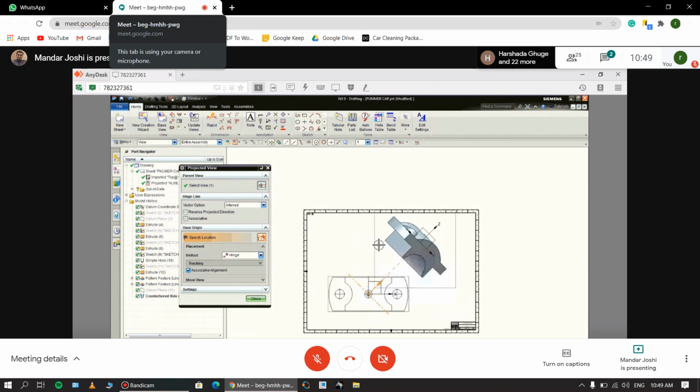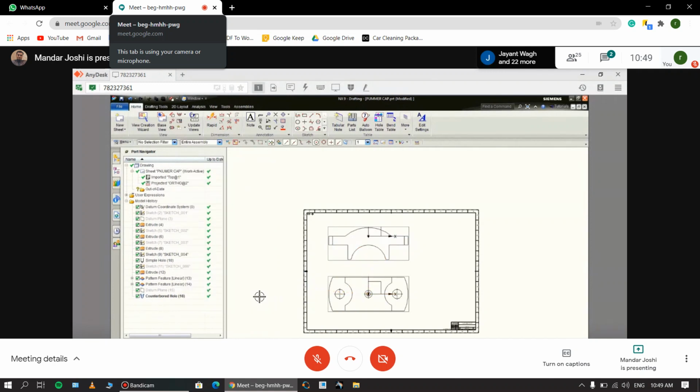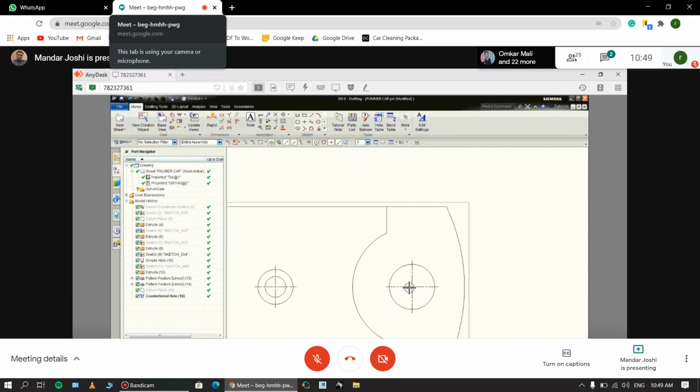So now I'm going to take here top view, so I click on this. Sorry, not top view, front view, so I click on this. After that close. And now you observe here unnecessarily the datum is showing. This is actually the datum planes. You can hide it from here by right click option, hide. Okay, so here you can see the centers are generated automatically because of that setting.